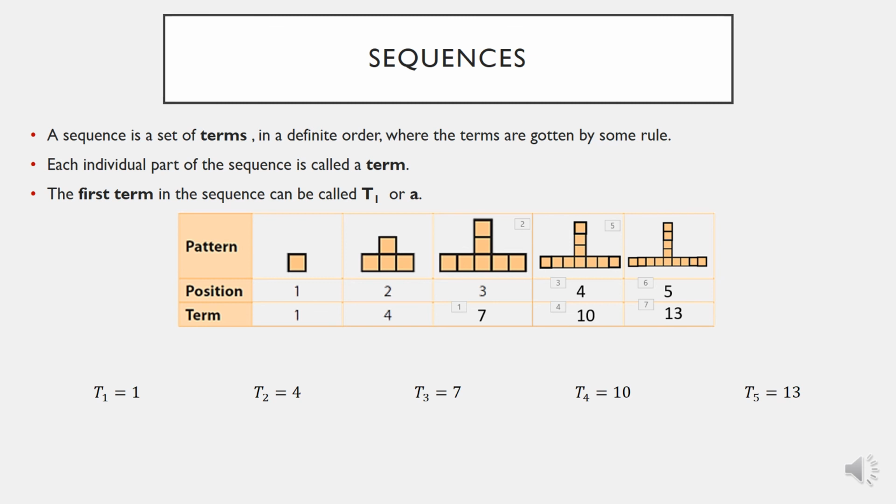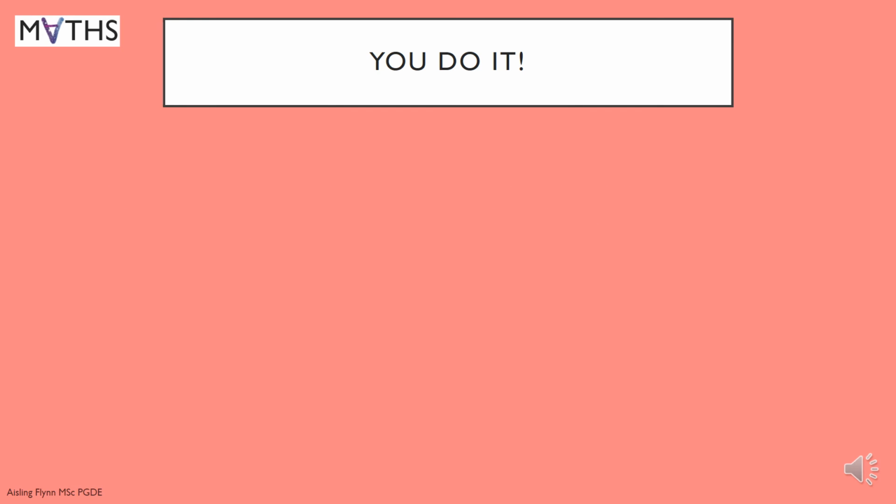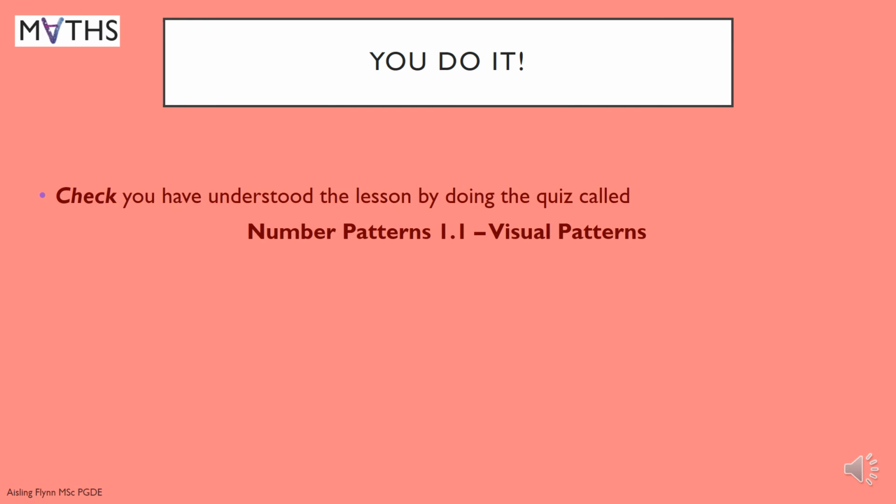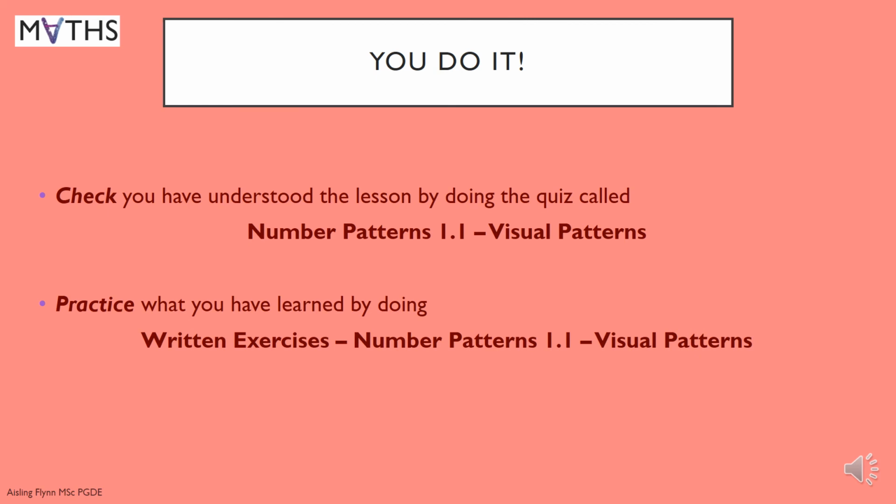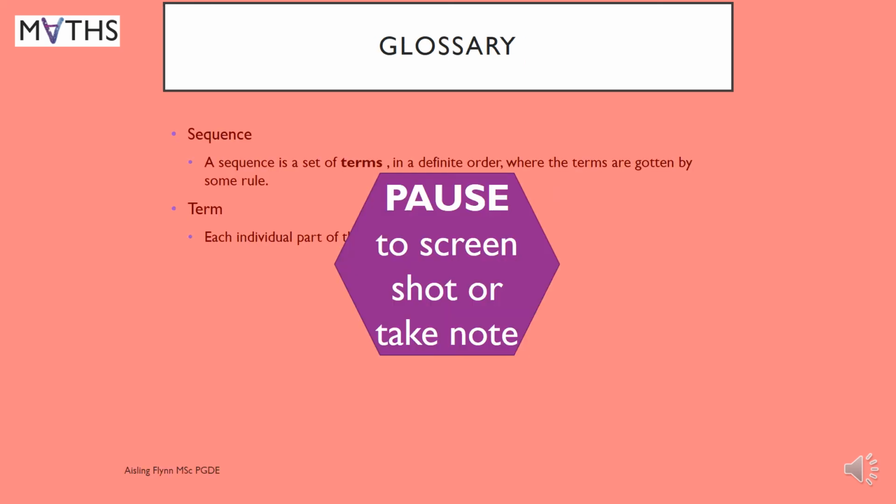Okay, you do it. Check you understand the lesson by doing the quiz called Number Patterns 1.1 Visual Patterns. Now some of these are quite challenging. Take a piece of paper and draw the next part of the pattern. And practice what you've learned by doing the written exercises, Number Patterns 1.1 Visual Patterns. Here's a glossary